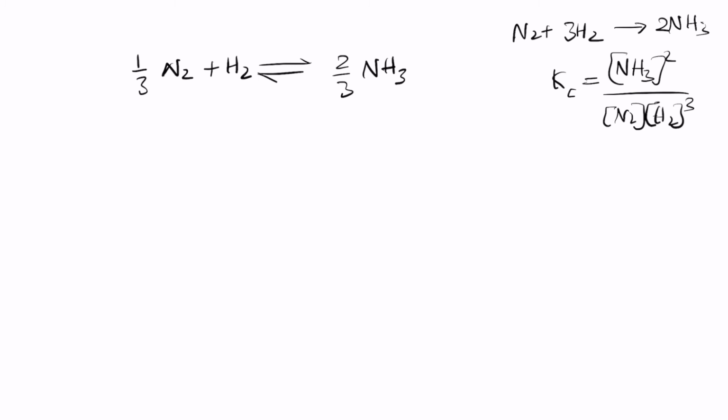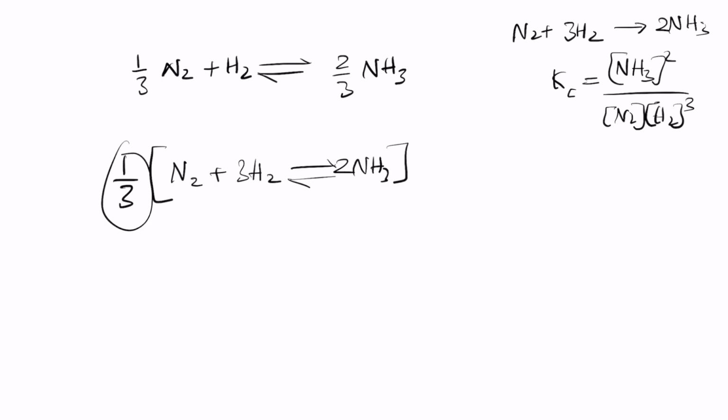So from this you notice that when you take the common quantity out, the common quantity is 1 over 3 times N2 plus 3H2 gives 2NH3. So notice that the value that is being multiplied is 1 over 3. So when you write Kc for this equation, that becomes NH3 to the power 2 by 3 over N2 to the power 1 by 3